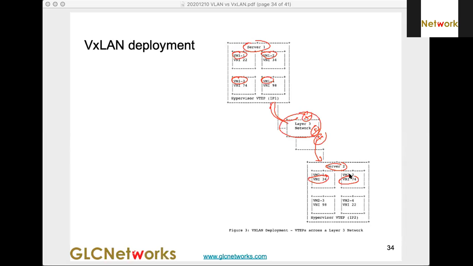So instead of VLAN, they can just identify. They just tag the frame. Sorry, why did I say service? They just tag the VNI. Okay, they just use VNI. So here we have a hypervisor, a tunneling protocol.